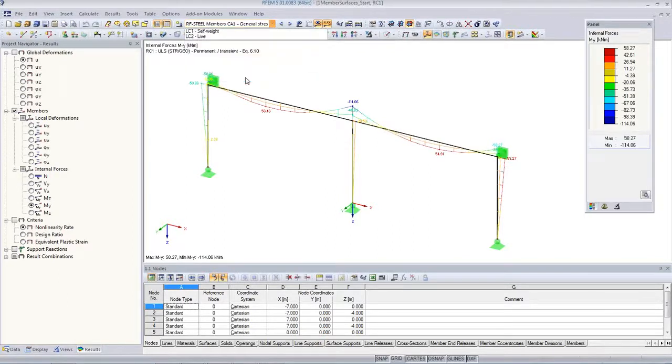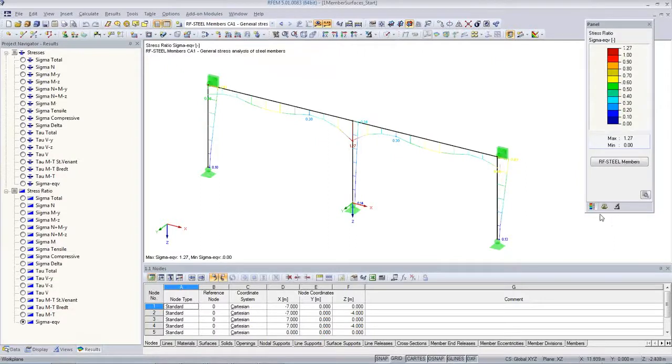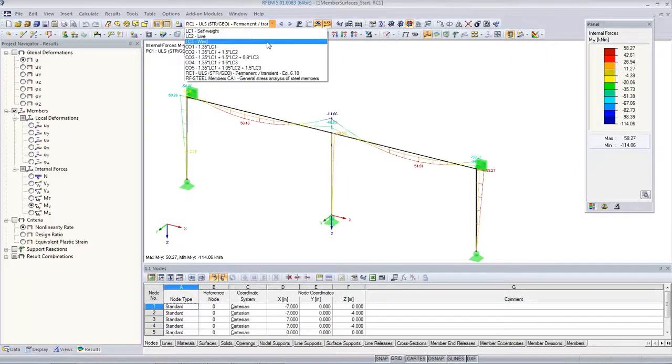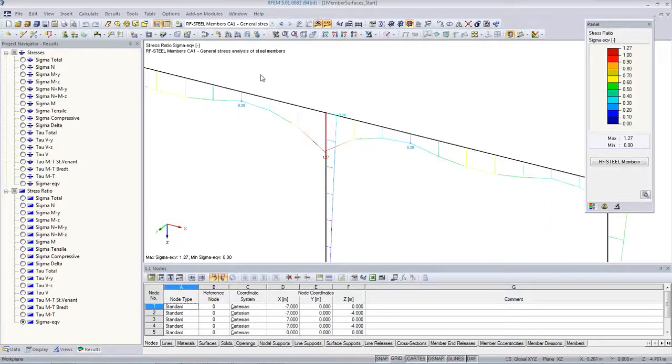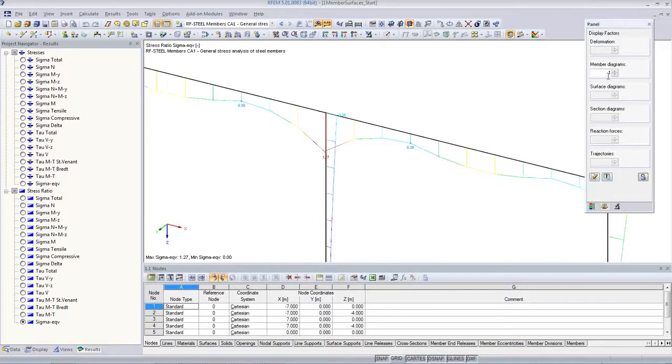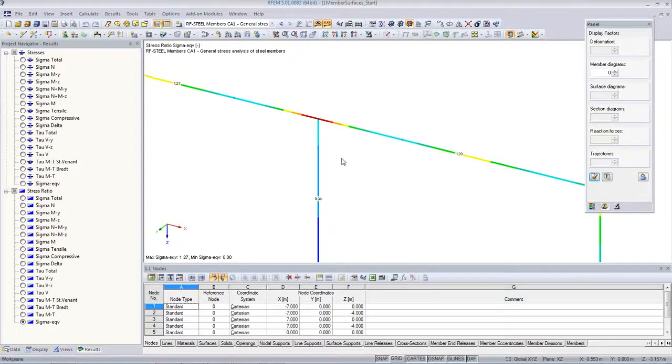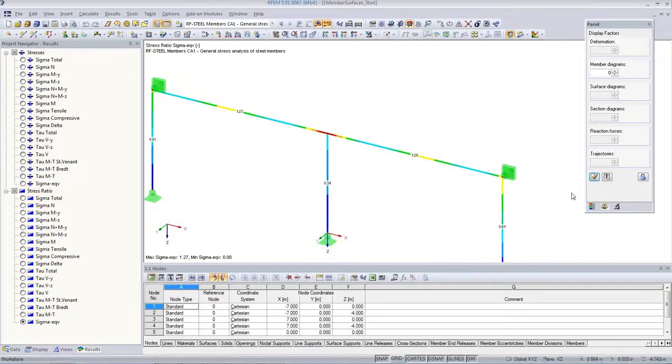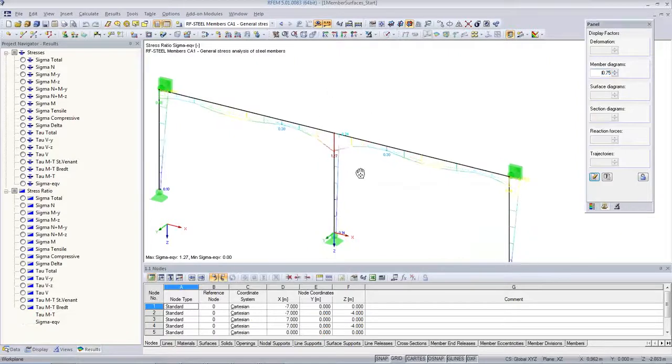And at the end, I performed a stress analysis with RF-STEEL Members. This result indicates a stress location, an area here of this beam where we have an overstress. I can show this here a little bit more in detail with colors. And for this area, now we have the option to increase the cross section entirely of the beam here, or we can take a closer look at this